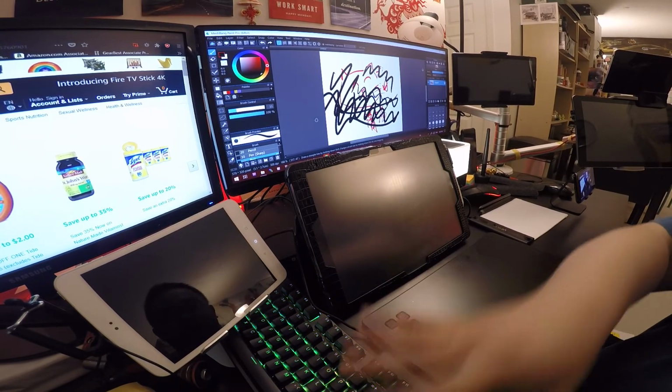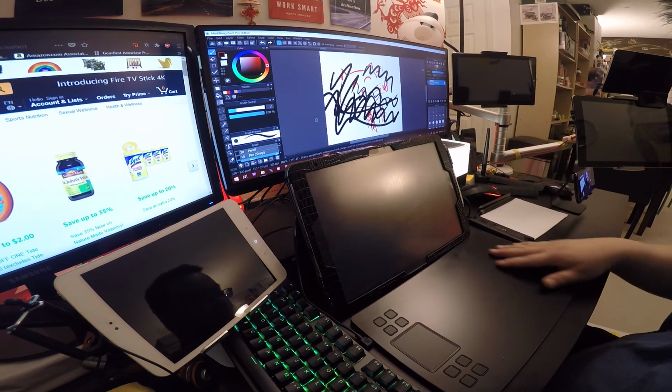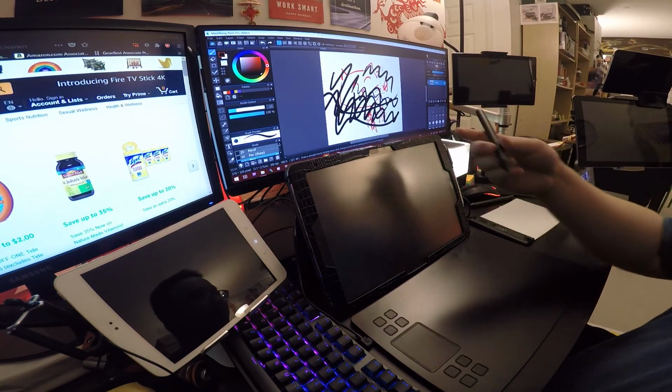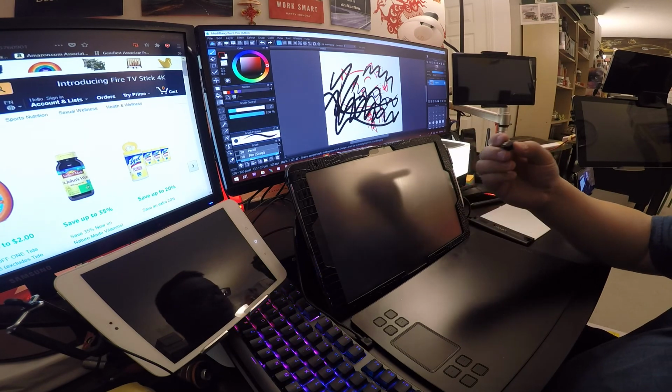I don't need the keyboard around. Just the tablet is enough for my shortcuts. I really like that. Also, the new pen feels great in hand compared to the old one. New design, really like that little